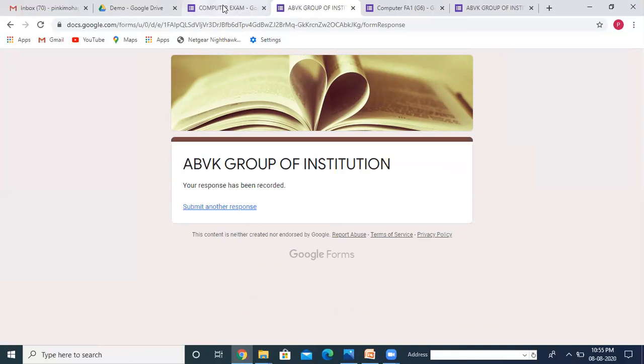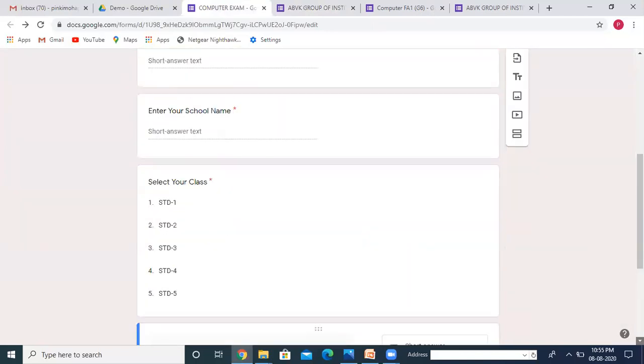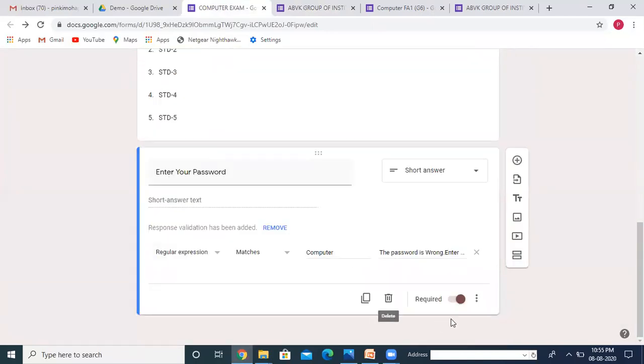So let us see. Here you can see I have created the form. Now I want that when I click on the next button after entering the correct password, it will take me to the welcome page. So how can we do it? So this is one page and I want to go to another page. As in the online examination case, if the login is successful, then only it will take you to the another page.